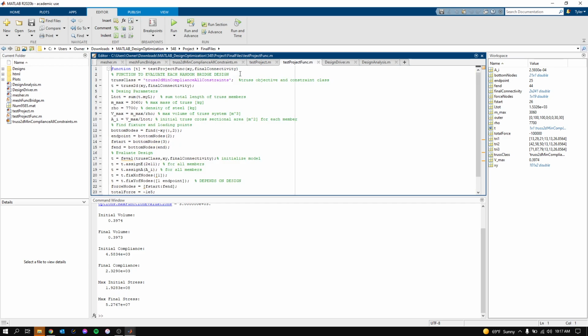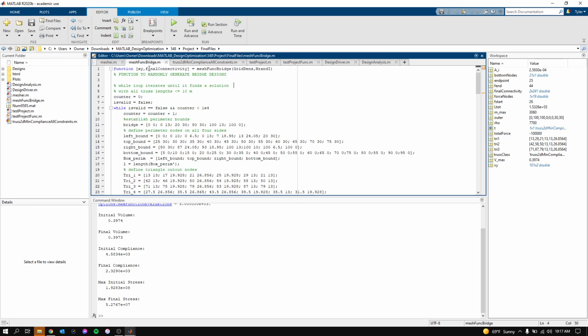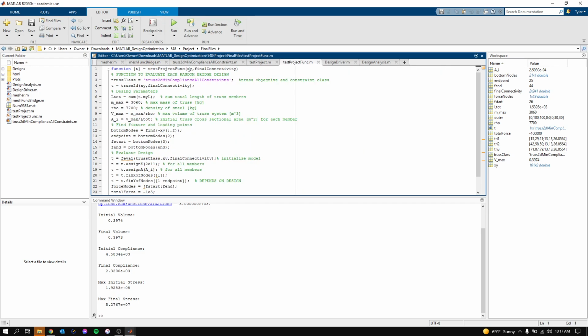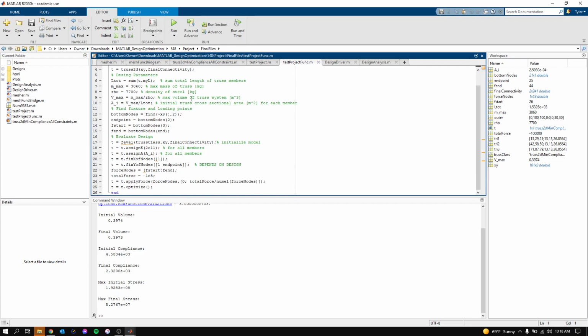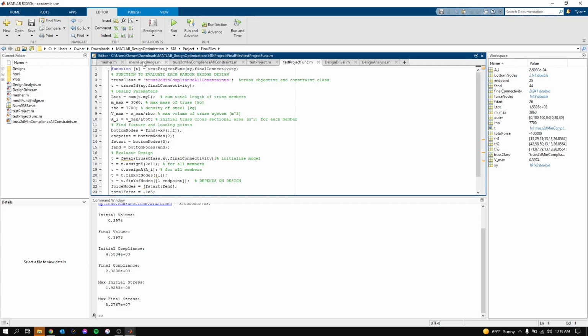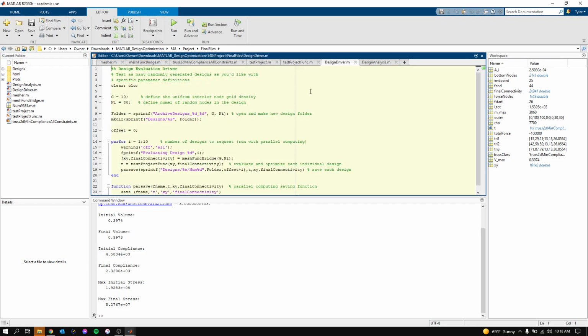So then again, I turned this into a function where you pass it, after the measure function generates a random design, the XY coordinates and the final connectivity. Then you plug that into this function, you pass the XY coordinates and the connectivity matrix, and this will evaluate each random design from the measure function. So then with these two functions, the measure function and the project function, we can then create a driver file here where you give it